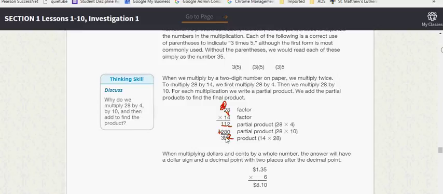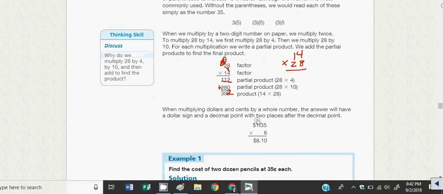Now, how can we check if we get the right answer besides using a calculator? I like calculator. You could also check by doing 14 times 28 because multiplication is commutative. And since they're both two-digit numbers, I don't think it's so weird to put 14 on top. Now, if you're multiplying with dollar signs,